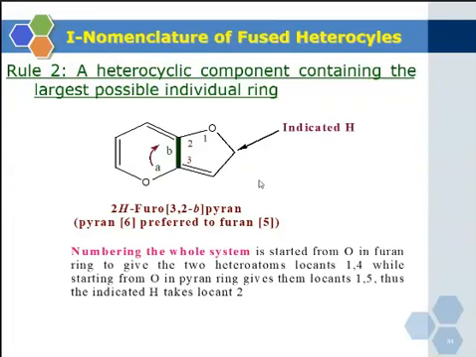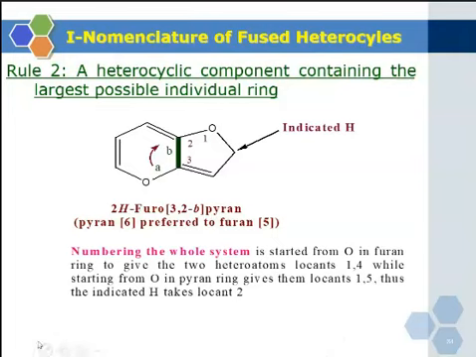In order to give the two heteroatoms the lowest locants, numbering of the whole system is supposed to start in such a way that the oxygen in the furan ring is given position number 1, and here we get